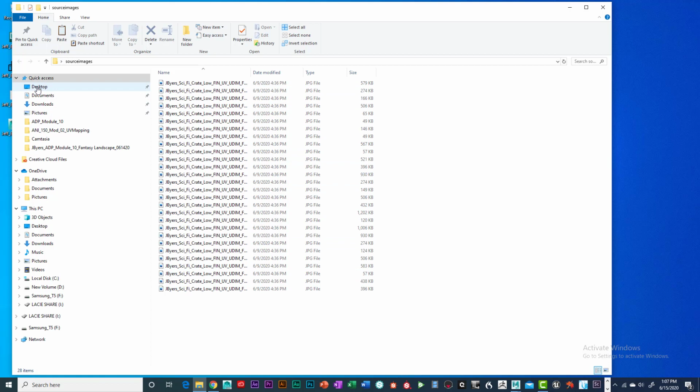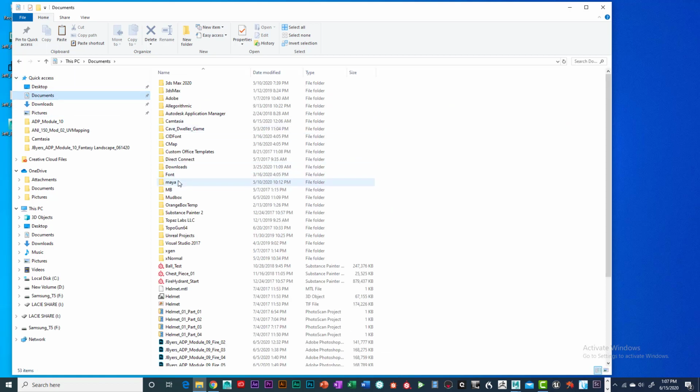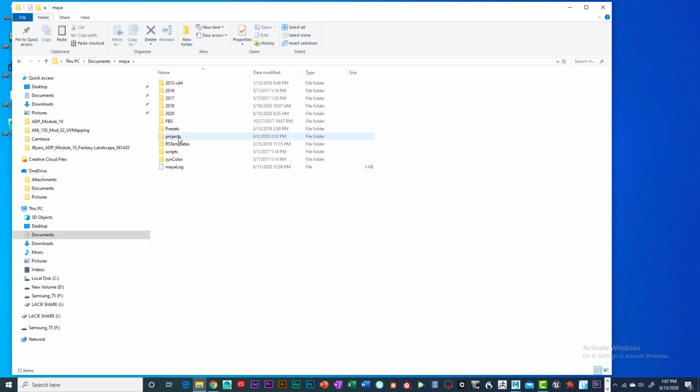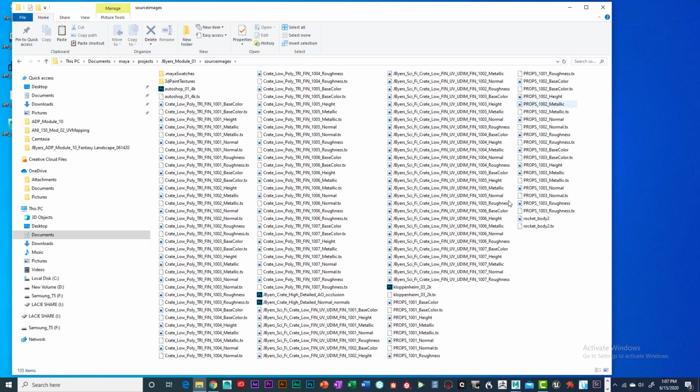So now on the desktop, on my documents folder, I'm going to go back into my Maya folder and my projects, and then my project folder, and go into source images. And now I renamed my props. So I've got my props into this one. I'm going to go ahead and select them all here,